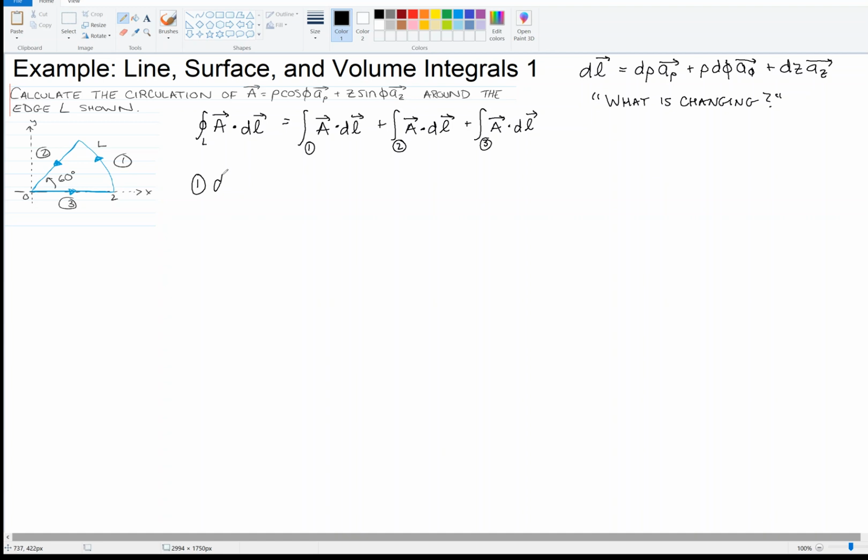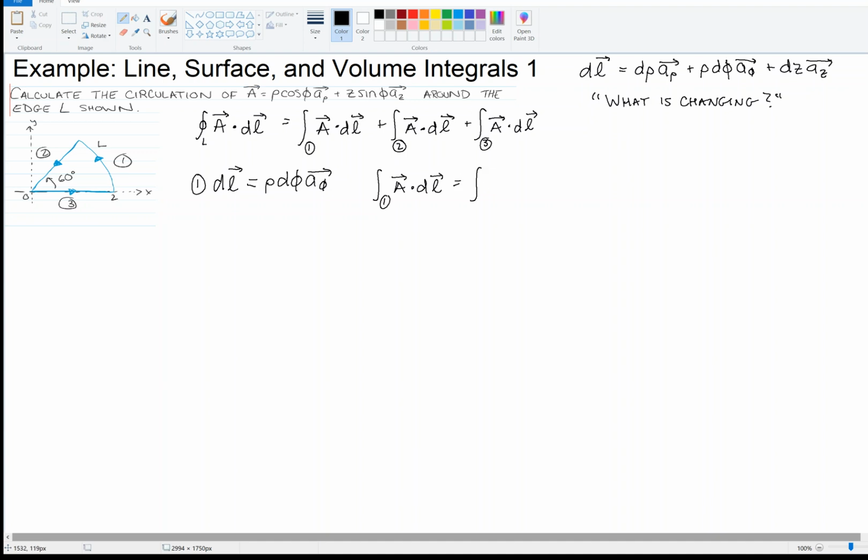So the differential displacement is simply rho d phi times the unit vector in the phi direction. In other words, d rho is 0 because there's no change in rho, and dz is 0 because there's no change in z. So this is all I'm left with. So my integral then, A dot dl becomes,